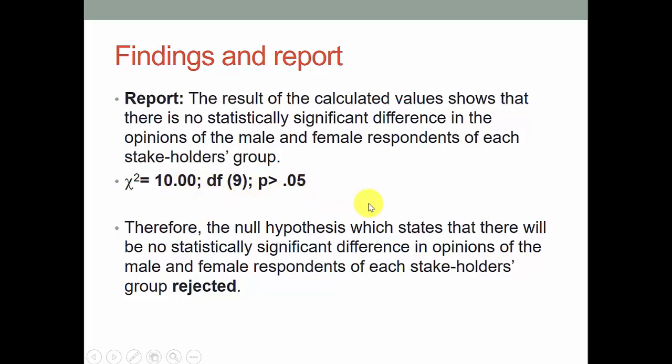Why is it not significant? Because the chi-square value is 10.00, the degrees of freedom is 9, and the p value is greater than 0.05. Therefore, the null hypothesis, there will be